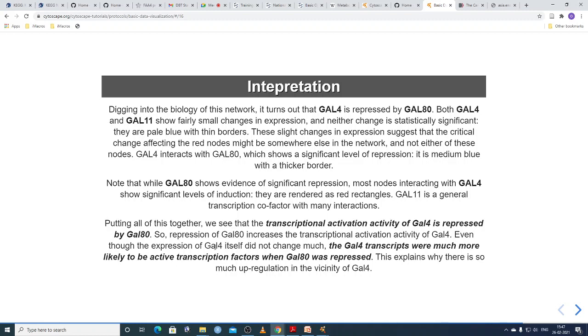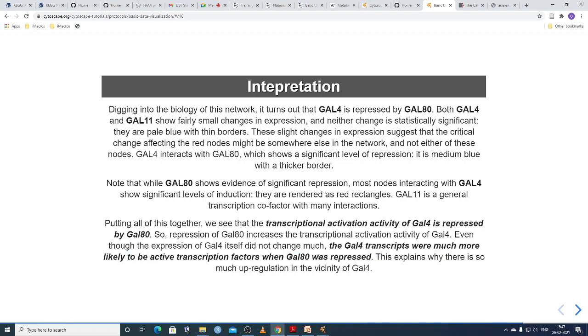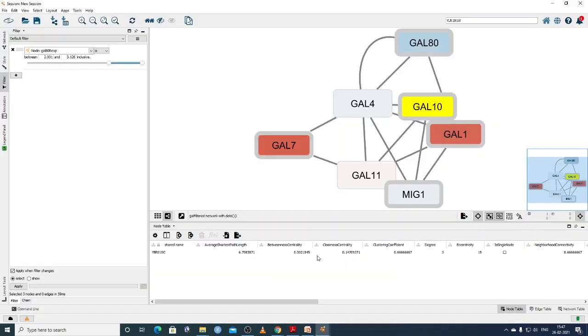Even though the repression of Gal4 itself did not change much, Gal4 transcripts were much more likely to be the active transcription factor when Gal80 is replaced. This explains why there is so much upregulation in the vicinity.